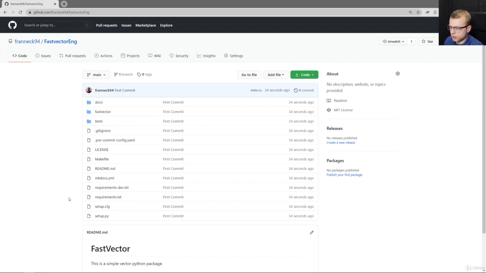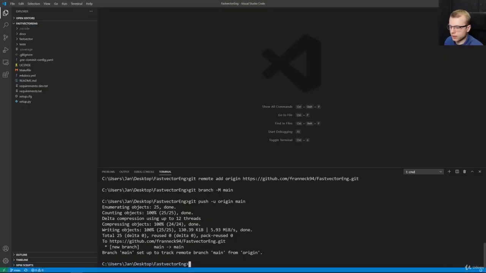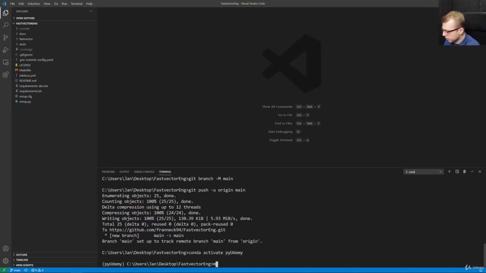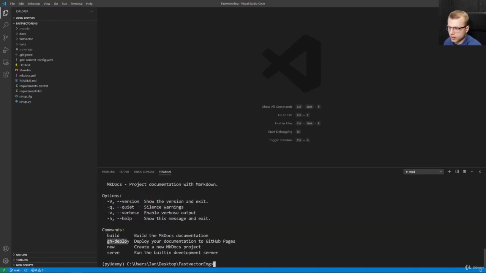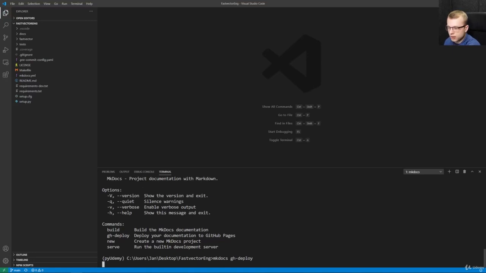Okay, next I will show you how you can publish a GitHub page for your HTML documentation. I will activate our environment at first, conda activate py_udemy. Then I will call mkdocs. And as I showed in the last video, here's the command for GitHub deploy. I call mkdocs gh-deploy, and if I now press enter,